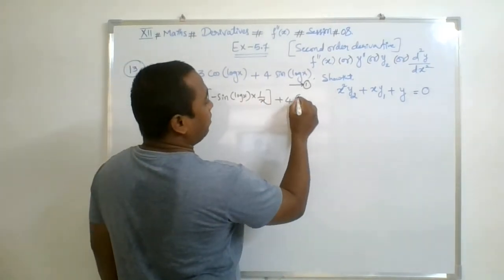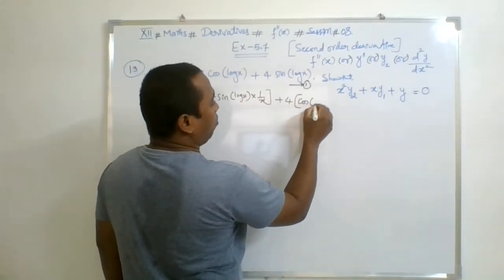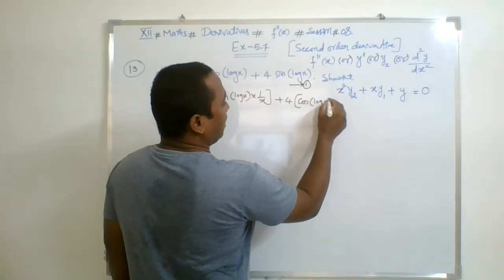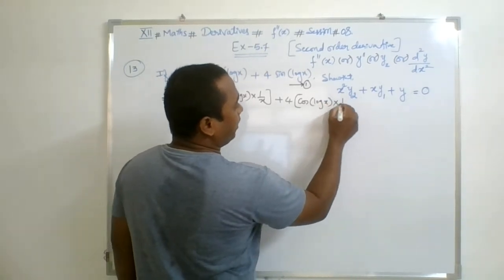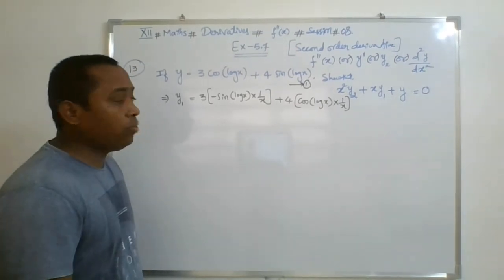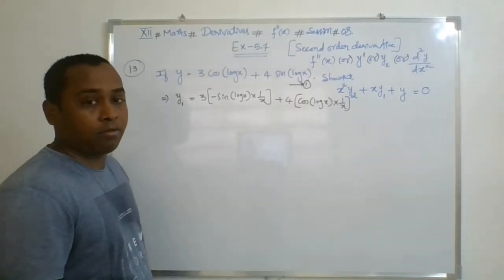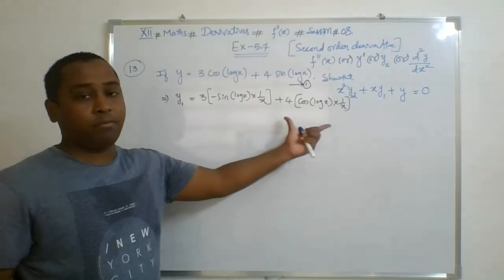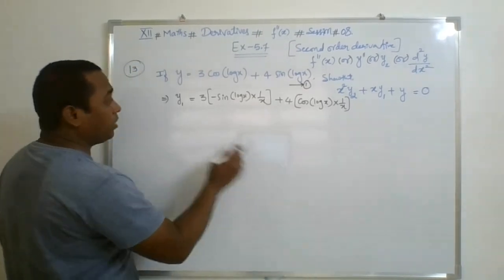Sine theta derivative is what? Cos theta. So cos of log x into derivative of log x is 1 by x. I am doing this directly. I assumed that you people are very good at applying the chain rule. Now